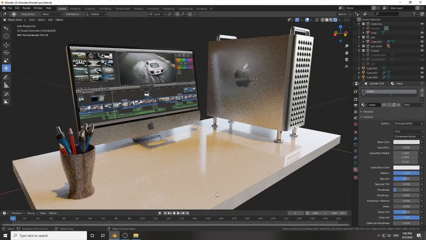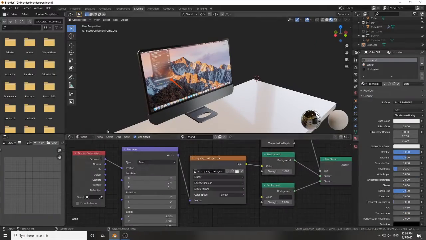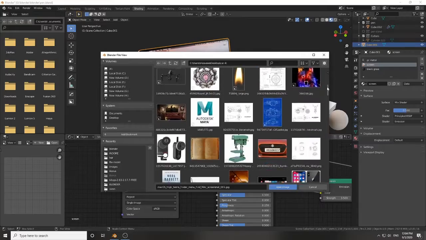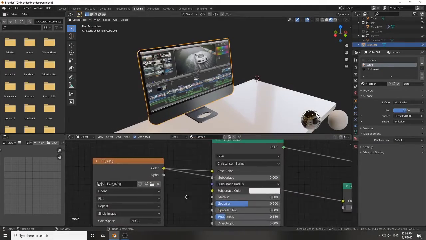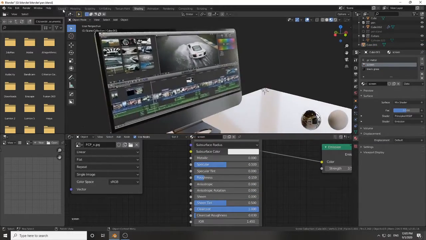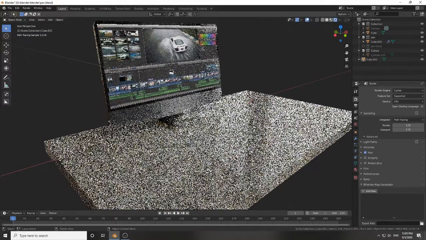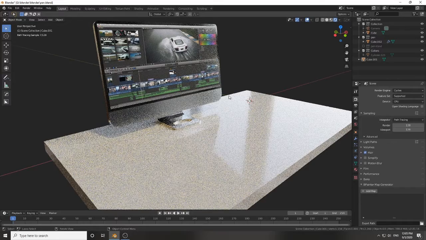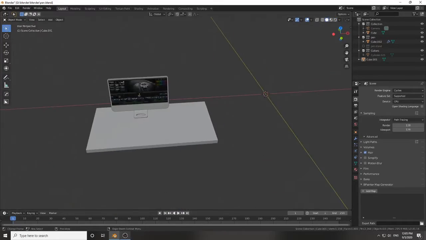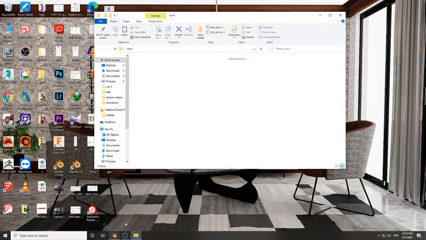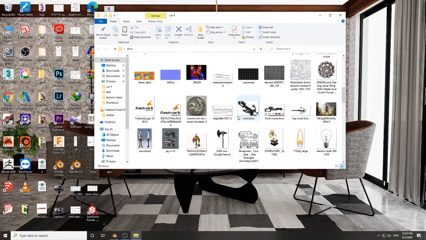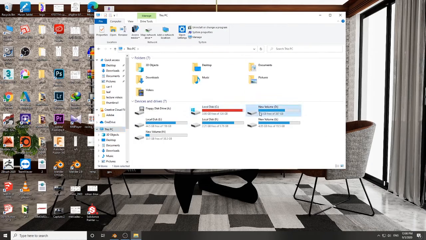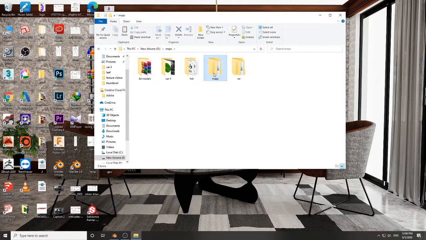So let's first create a design of the Apple logo. I will explain in the simplest way how you can create the design of any logo in 3D in Blender. First you have to take an image of the logo. You can download the image from Google. Once you have downloaded the image, just import the image as a reference. If you don't know how to create a reference in Blender, it is the simplest process. Don't worry, I will explain the process.